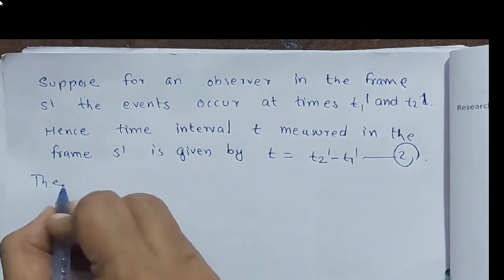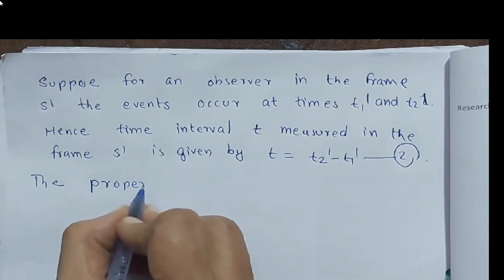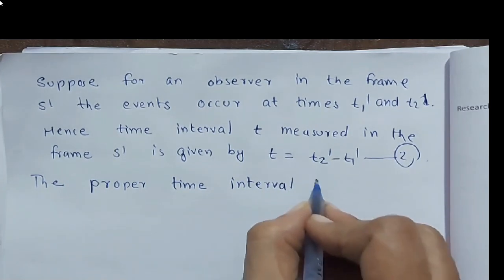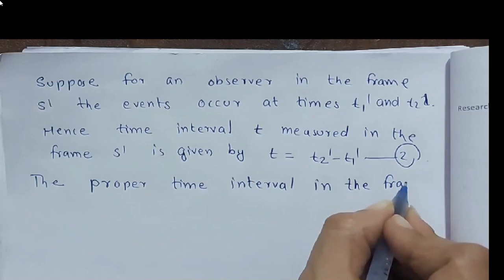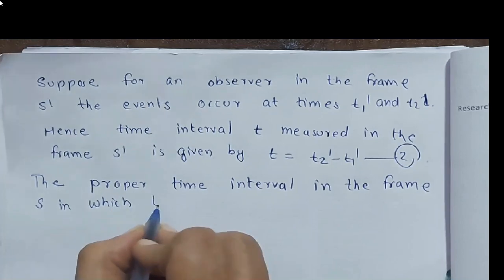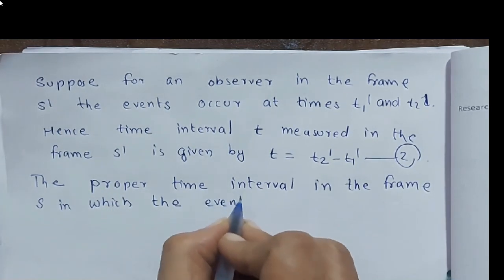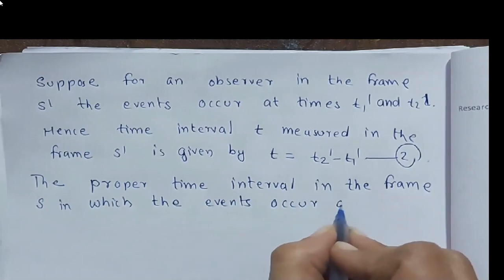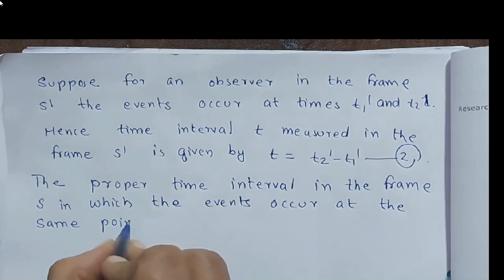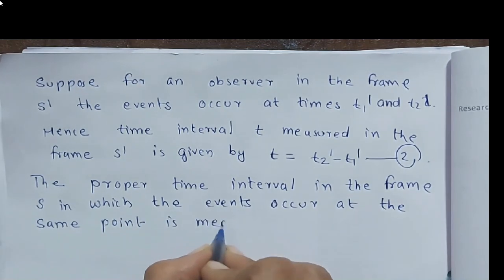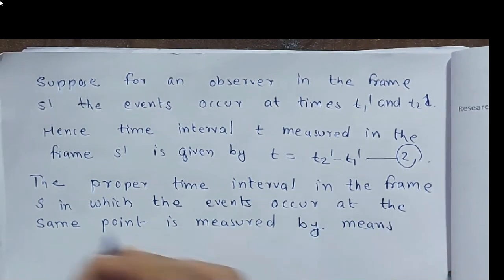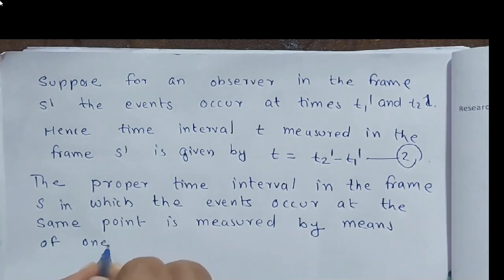The proper time interval in the frame S, in which the events occur at the same point, is measured by means of one clock,